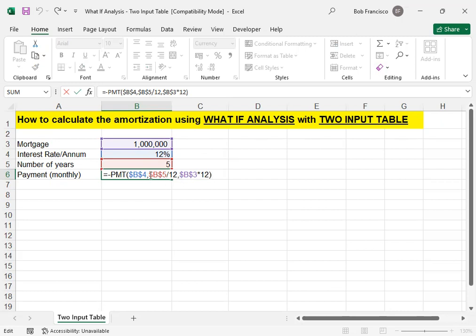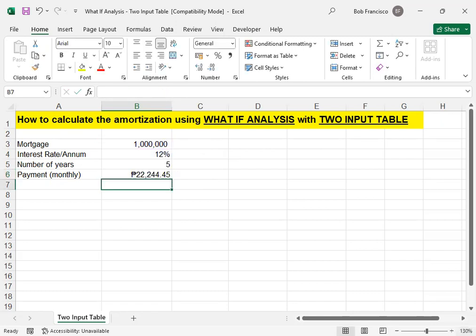So it should be the rate, sorry. It should be the rate divided by 12 and the NPR multiplied by 12. Okay, and this one, this is just the value, so no problem. Okay,